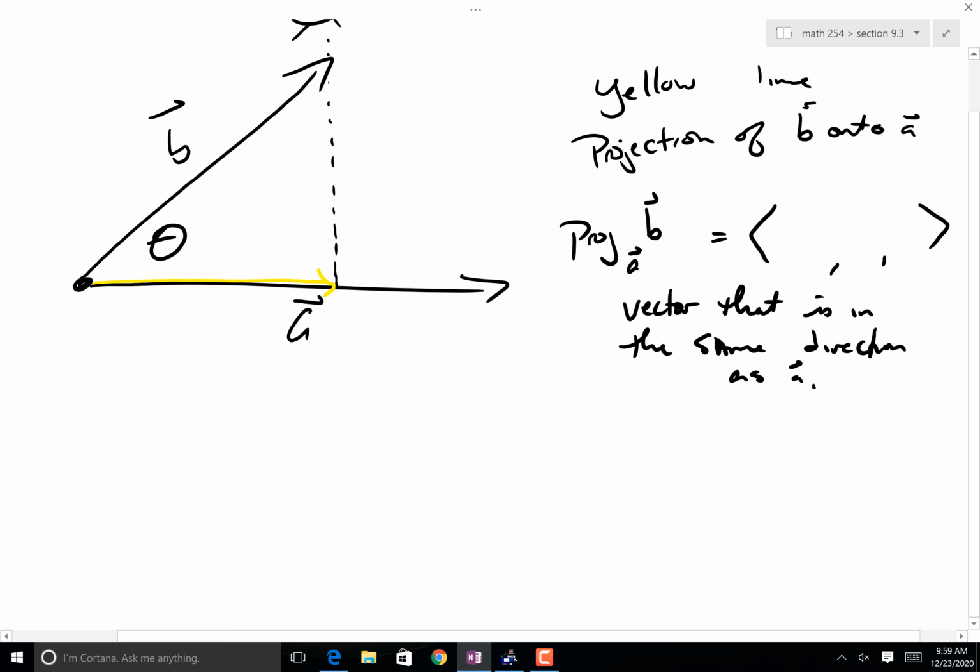And in reality, the only difference between A and the projection of B onto A is the magnitude. And so, wait, that sounds like it's going to have a unit vector of A, if you will, right? We're going to find the direction of A, but it's a one unit vector. And then we're going to multiply it by the actual length of the yellow line. So the length of the yellow line, or the magnitude of it,